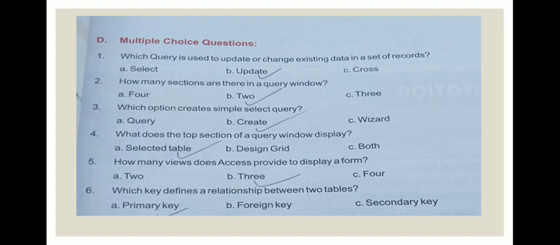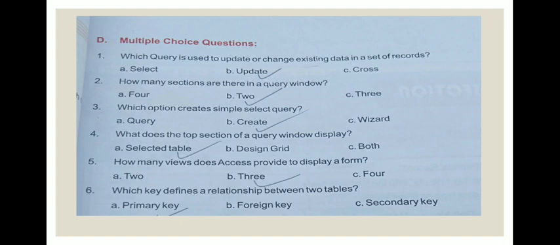Options are select, update and cross. So the correct answer is update. Update query is used to update or change existing data in a set of records.